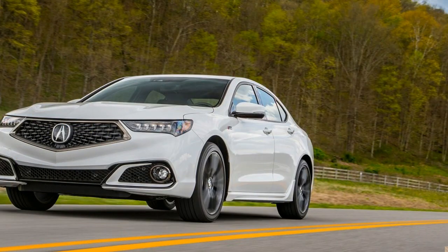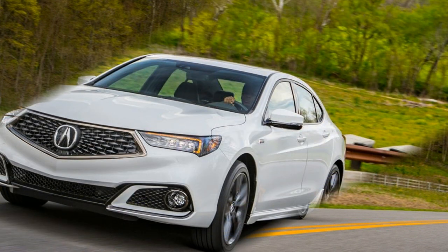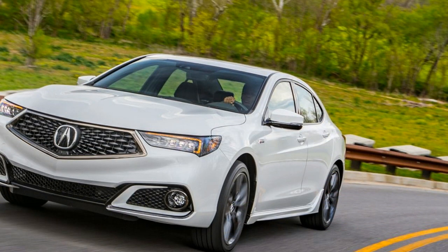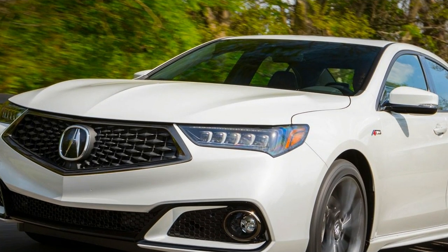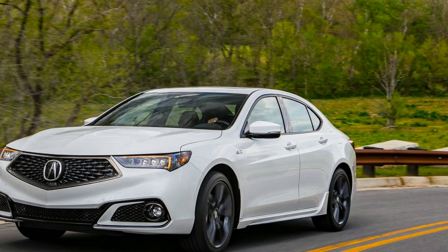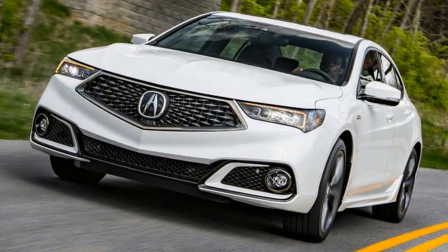Dampers with revised valve tuning are teamed with higher spring rates and reworked bushings to deliver sharper responses and reduced body motions, says Acura. The rear anti-roll bar also gets a bump, increasing in diameter from 24.7 to 25.4 mm. Curiously, while all A-spec TLXs get the firmer dampers, only AWD A-specs get the firmer springs and the thicker anti-roll